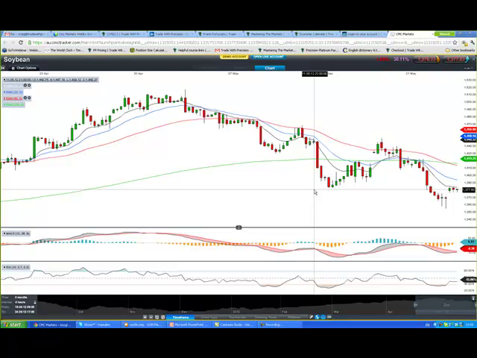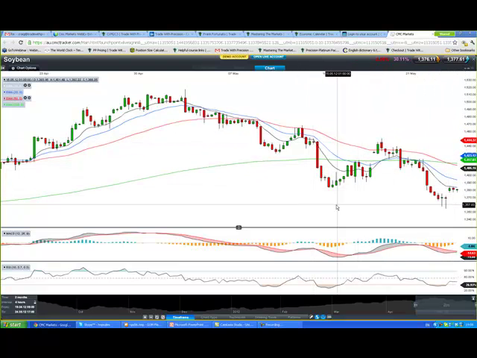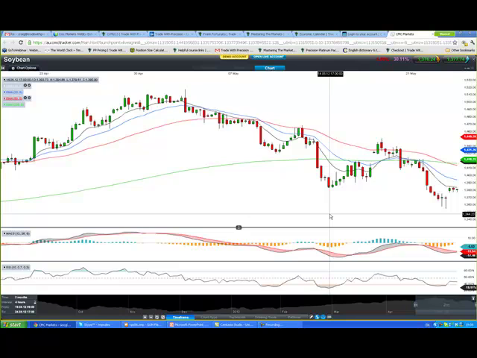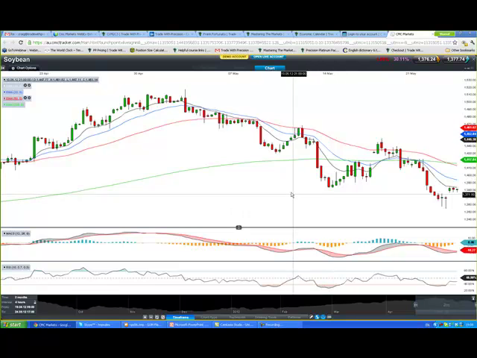Now, what we want to see here is we've got this little red candle like we had back here, like we had back here. Is there an opportunity for us to place a trade? Now, when I look at my trades, I score them. Okay, so I'll set a trade up and I'll score it out of 10. Now, this trade I'm looking at here would probably be about a 7 out of 10. I would normally look to take trades 8 and above.